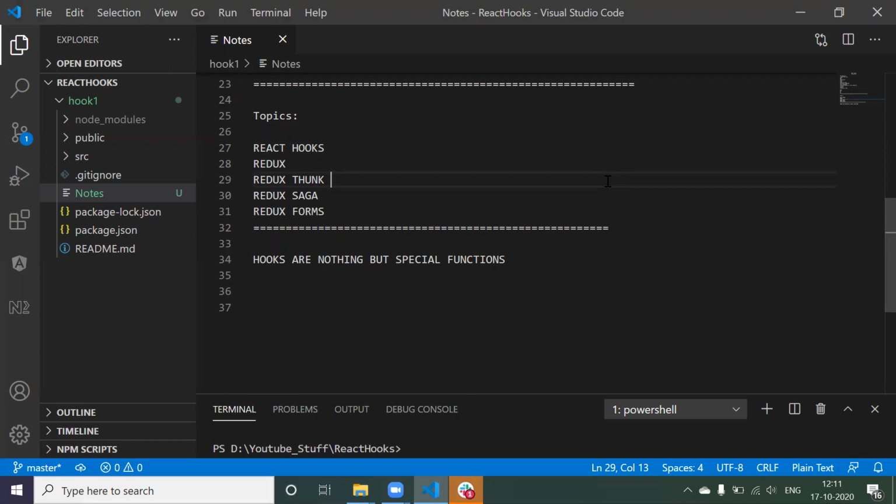Now dealing with the class component is a little bit complicated. Like we have the this keyword, which is the main villain of class components, because the this keyword in JavaScript behaves differently compared to other languages. That's one complicated thing. Second, your class components internally have to be converted into functions at last, right?